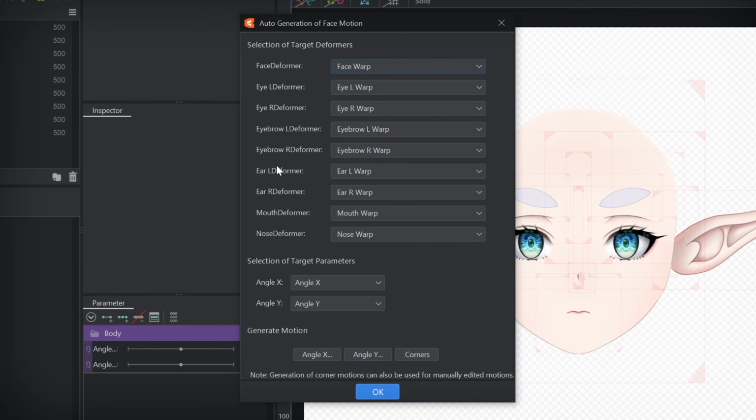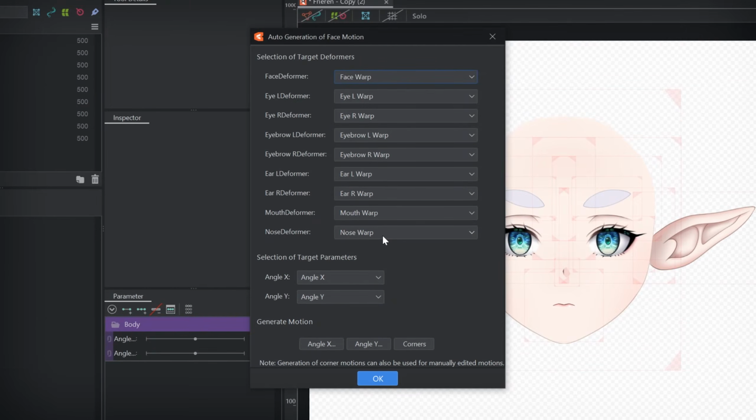Awesome! We're immediately taken to the next window, where we need to generate motion for two axes and angles. In the first part of the window, the deformers we just created have been automatically filled in, which you can see here in the deformer palette. We don't change anything in the second section, but if your parameters are named differently, like Face X or Face Y, then make sure to replace them accordingly. At the bottom there are 3 buttons that we need to click sequentially. These buttons will generate the motions for us.